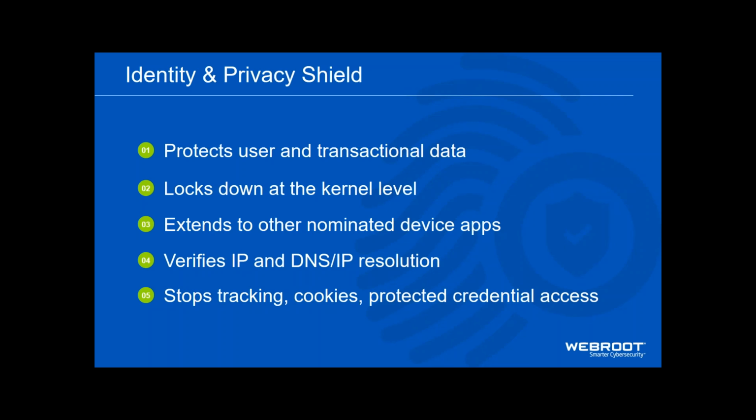It could be any application that's doing that communication. And what we're trying to do really basically is we're using sort of like a kernel lockdown of the operating system, which means we're going down to the very lowest level of the operating system, and it's designed to neutralize things like what we call phishing attacks, DNS poisoning, keystroke logging. So if you had a keystroke logger on the machine already, it wouldn't be able to see the keystrokes you